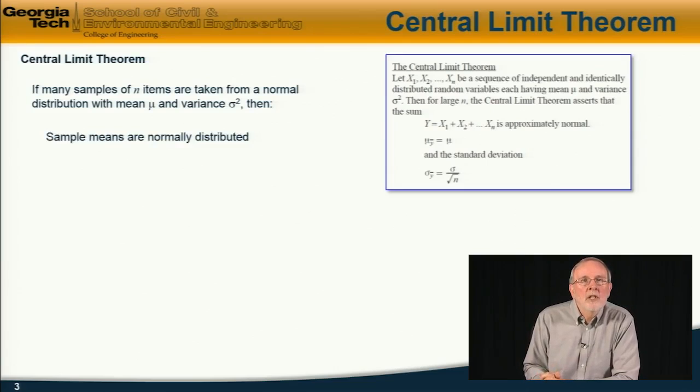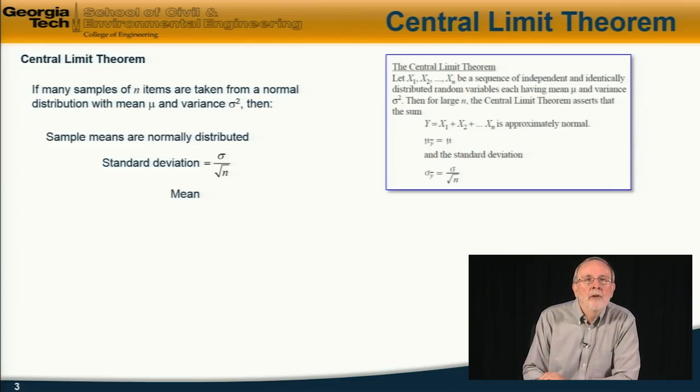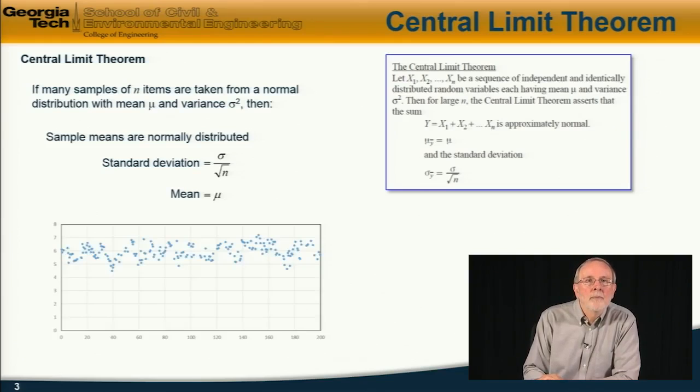or the sample means, are themselves normally distributed with a standard deviation given by sigma divided by the square root of the number of samples, and the mean value of the samples is equal to the mean value of the larger population. To see how this arises, let's consider this example that I showed some time ago of the variations